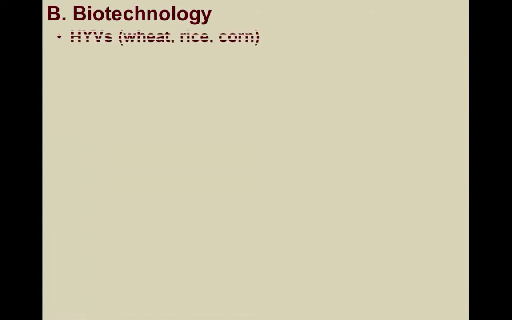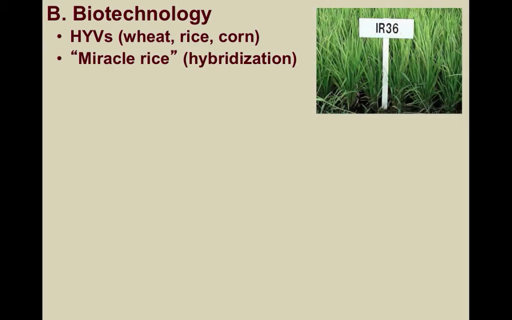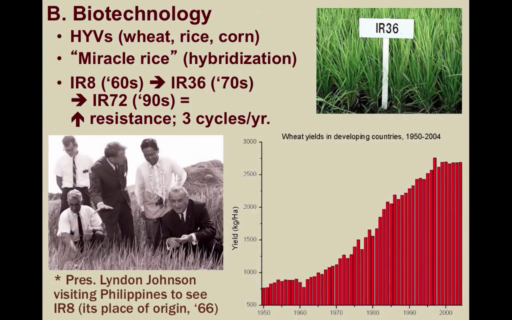While other high-yield varieties, or HYVs, are utilized today for major staple crops such as wheat, rice, and corn, the first one came out of the Philippines in 1966, through a partnership with some American foundations. It was dubbed the miracle rice by many people, a product of extensive hybridization. IR8, standing for International Rice Version 8, required the use of fertilizers and pesticides, but it produced substantially higher yields than previous rice. One study claimed it was 10 times more productive.